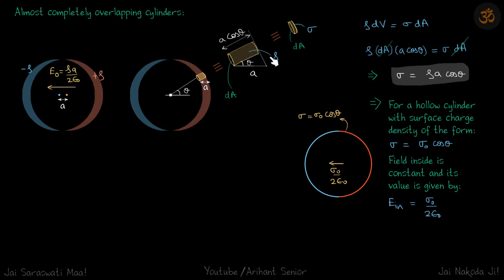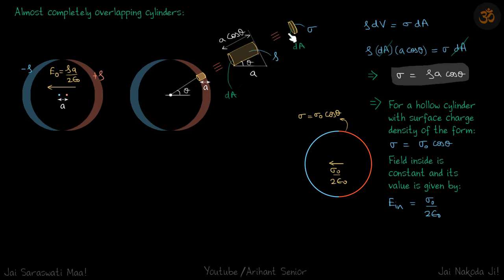Now let's say the volume charge density inside is rho. If this shell is very thin, then it can be represented by a surface charge density as well. Let's say the surface charge density is sigma and the area is going to be the same, dA here and dA here. This is just a zoomed-out version of this, and this can be represented as this because the thickness is very small. We used this diagram so that it's clear that this is A and this length is A cos theta. Otherwise we can directly manage with this as well.